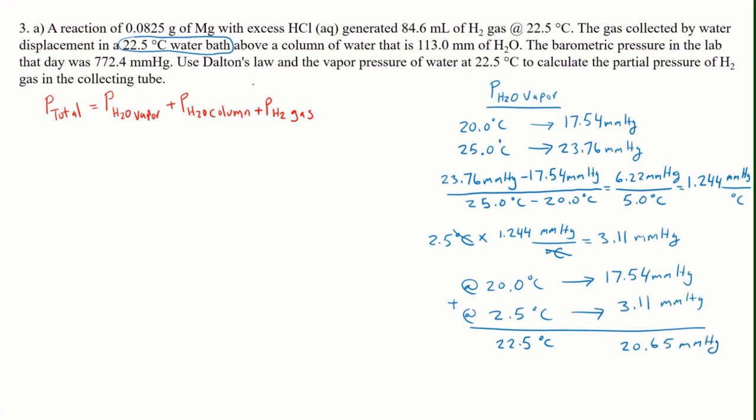So I already know that my total pressure is 772.4 millimeters of mercury, and my vapor pressure is 20.65